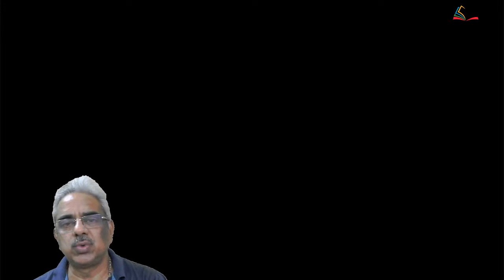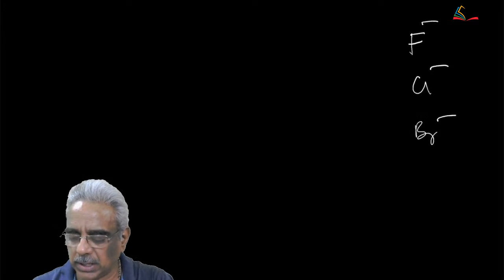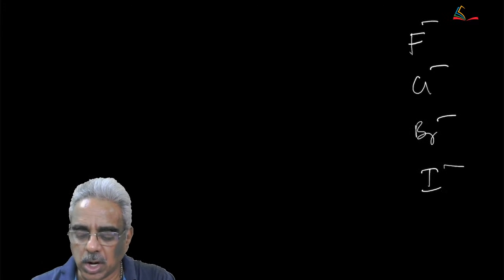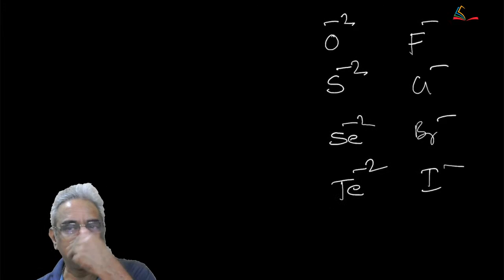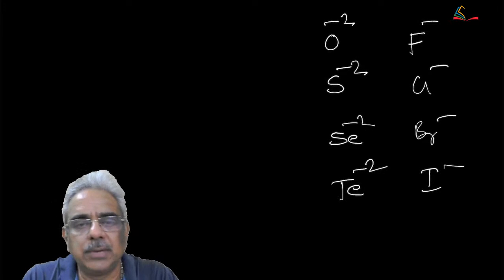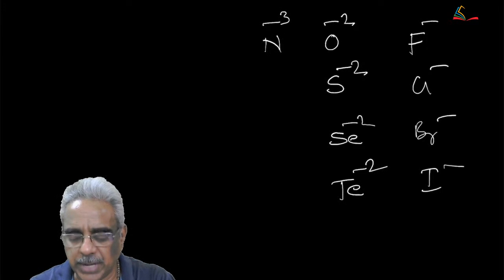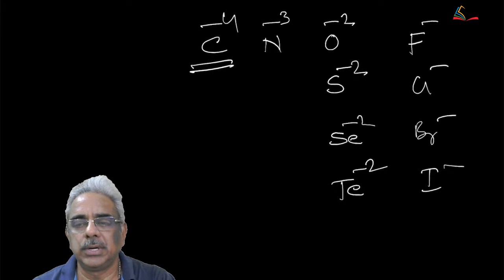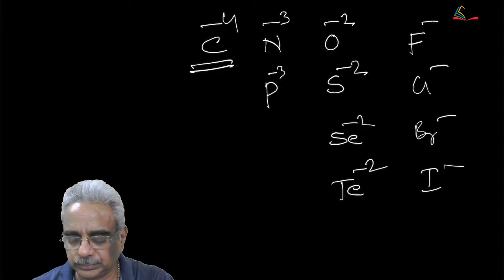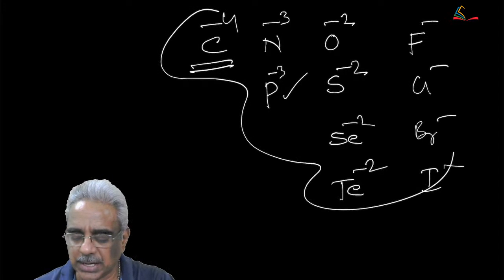I advise students to be careful among the groups fluoride, chloride, bromide, iodide. One must know as 7th group. Oxide, sulfide, selenide, telluride. Like this. Very rare telluride anyhow. So on the left side you have nitride. Then you may have carbide. Powerful, very much polarizable. You know, nitride, phosphide,